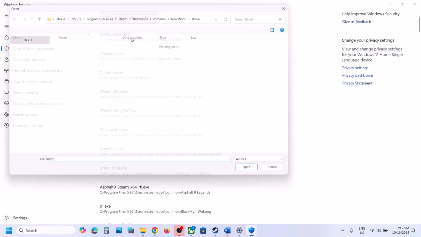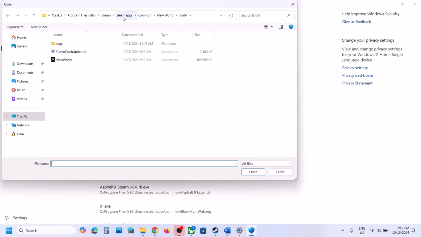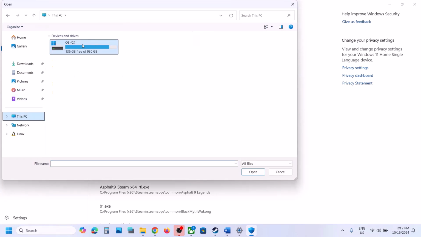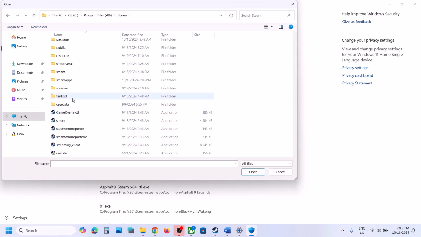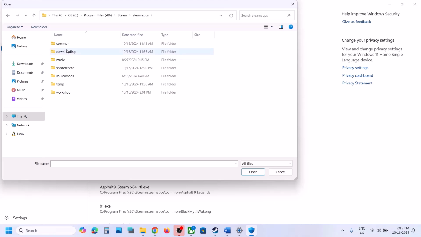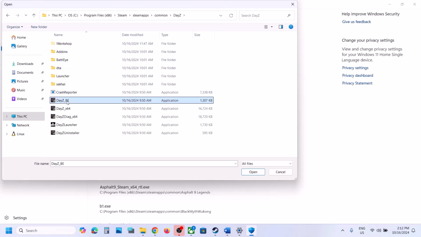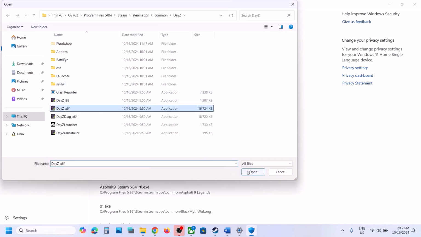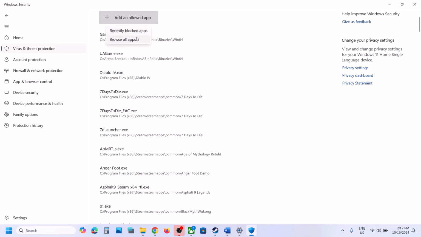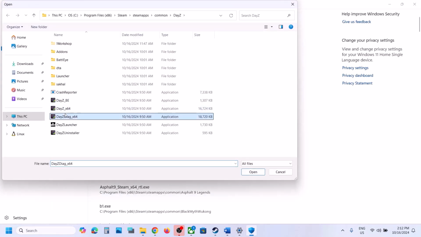Now click on browse all apps. Go to the game installation folder. Wherever the game is installed, if the game is installed in C drive, open C drive, Program Files (x86). Now open the Steam folder and then open the steamapps folder, and then open the common folder, open the DayZ folder, select all the exe files and then click on open. Add an allowed app, browse all apps, select the second exe file, click on open, add an allowed app, browse all apps, select the third exe file, open,